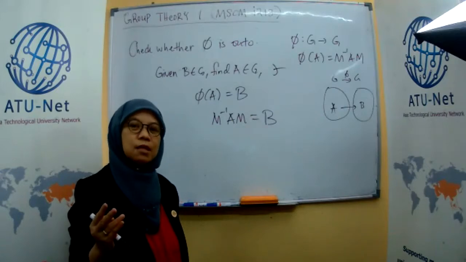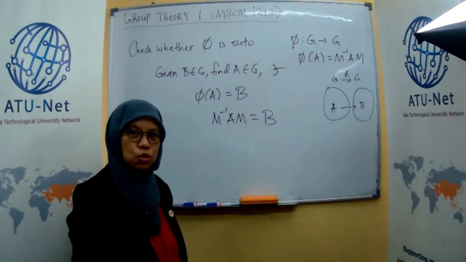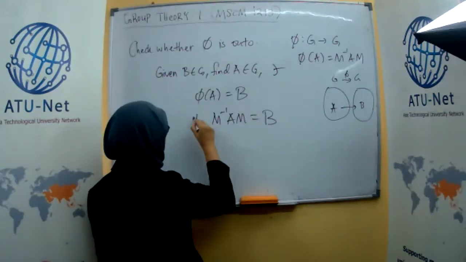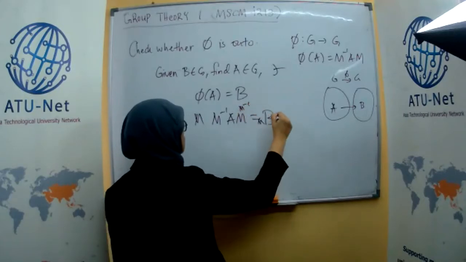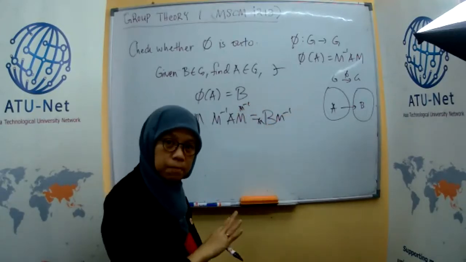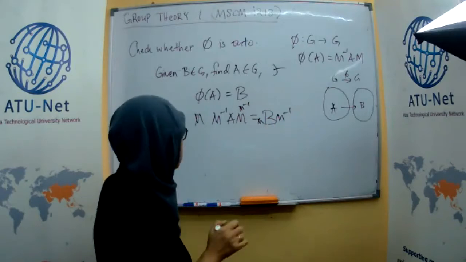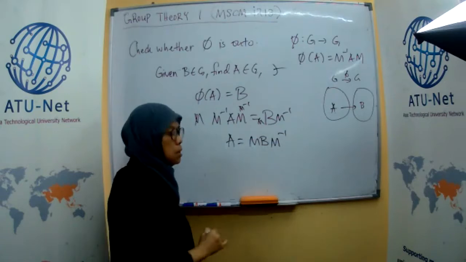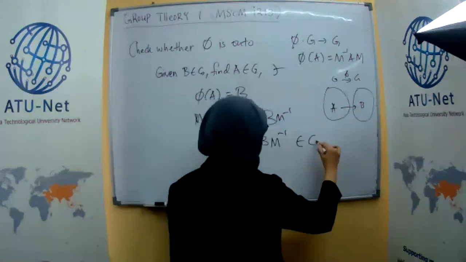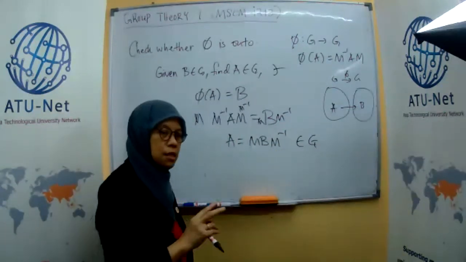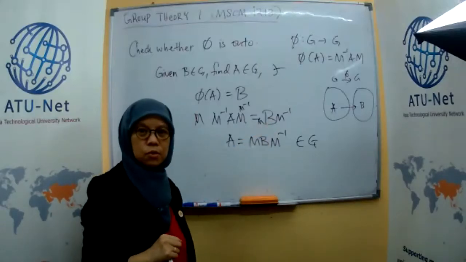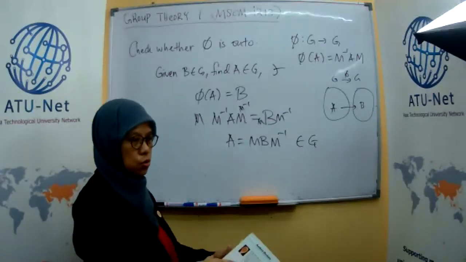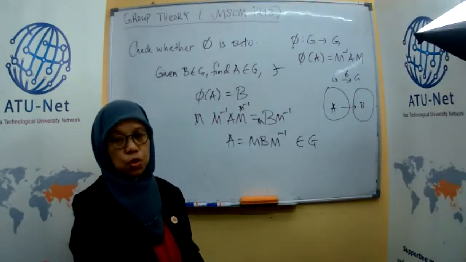Again, by using the fact that M has an inverse, so you multiply. Don't divide or anything. This is a matrix, yeah? Don't divide. So you multiply here by M, and you multiply here by M inverse. You have to multiply both sides, the same thing. Then this cancels, you get A is M B M inverse. And this is again in G with the same reason, the determinant is 1. Give me any B, you just multiply like this, you will get the A that is mapped to that. So it's onto. So this is one way to show it's